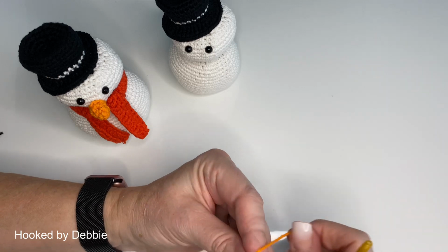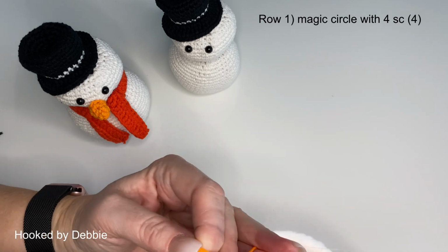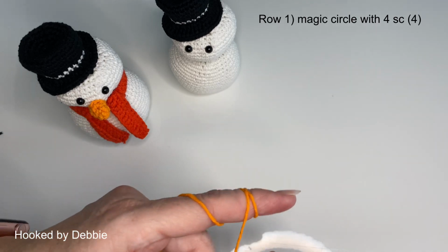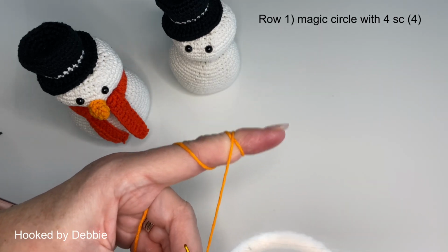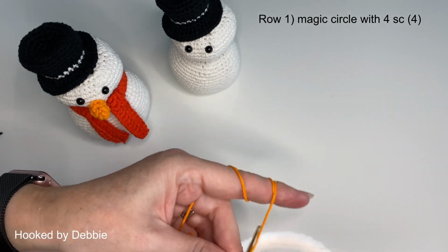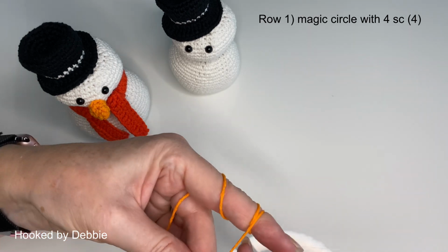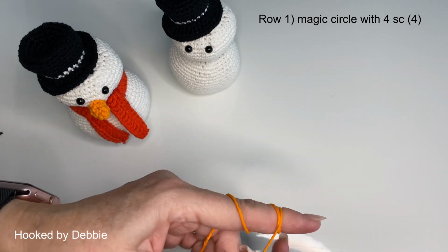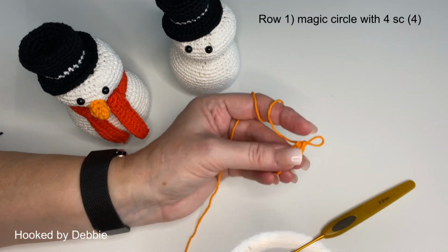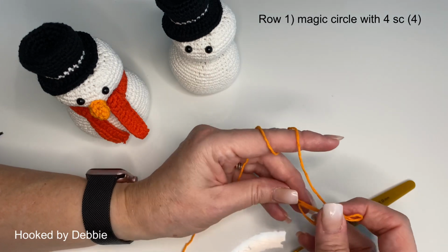Now, row 1 of the nose is a magic circle. And in this magic circle, we have got to do 4 single crochets. So this one's going to be quite fiddly because it's small. So we just tighten that up a bit. 1, 2, 3, 4. And the stitch marker, which seems to be sitting on my watch, and we pull it closed,